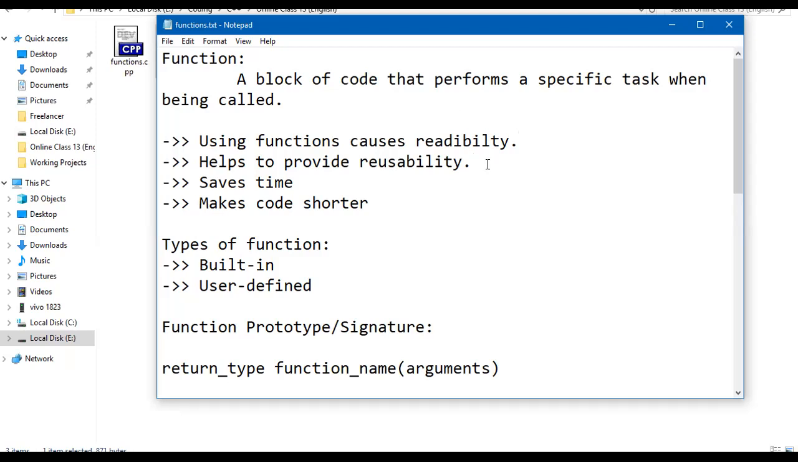And we have the second one. Functions help us to provide reusability. If you create a function which performs